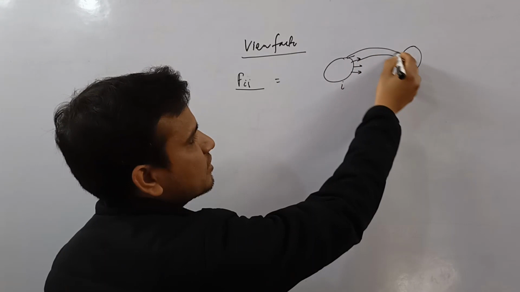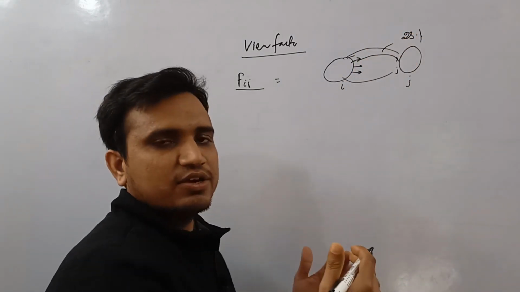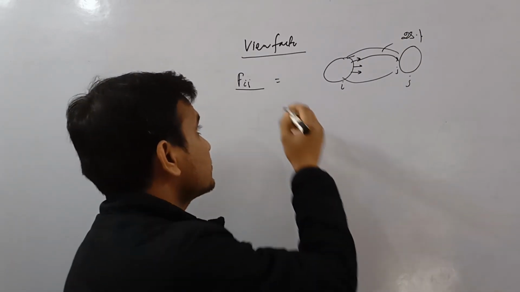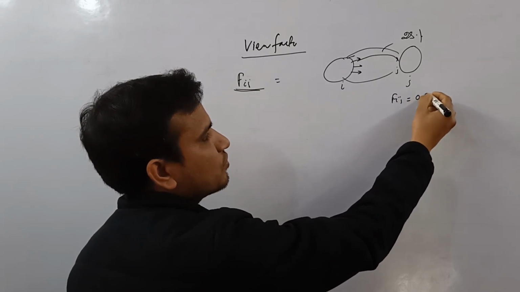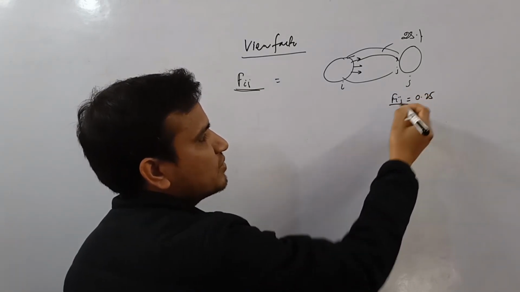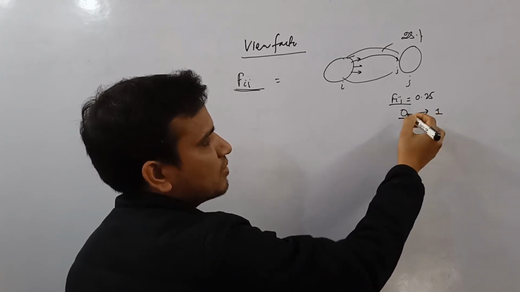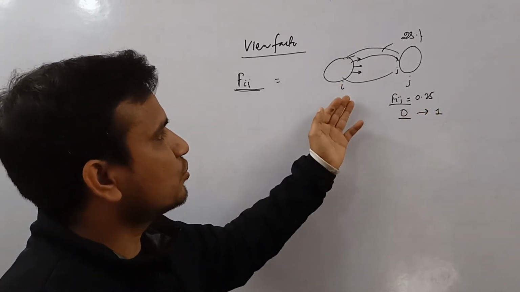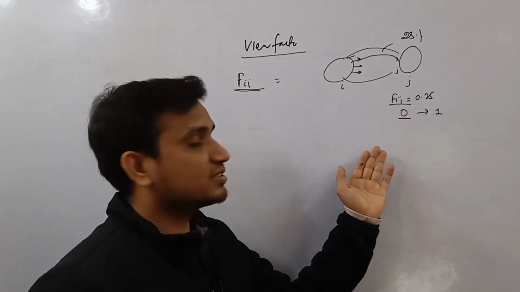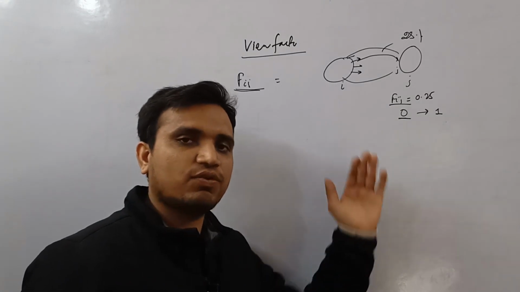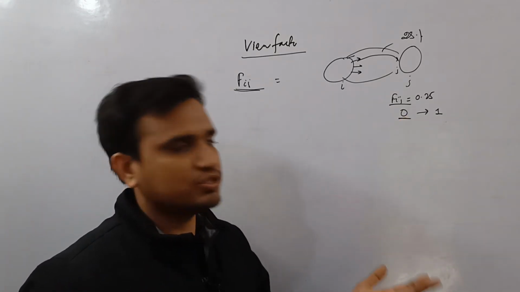That means suppose 25% of the radiation of surface I falls on surface J, then this view factor Fij will be equal to 0.25. So the value of Fij can vary from 0 to 1, because it can happen that no radiation falls on the J surface, and there can be such a situation where all the radiation falls on the J surface. So the view factor will be 1 in that case, and in the other case it can be 0.